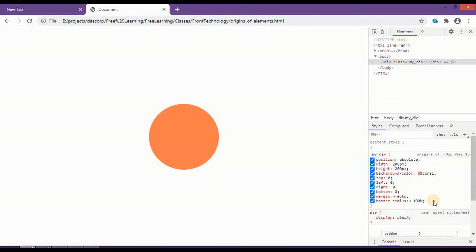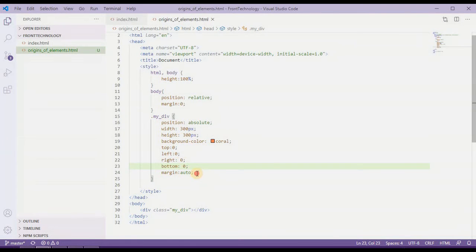Now what I want is to provide another div inside this area, right? And let me copy this stuff over here, and I'll go to my code editor again and paste all the stuffs from my browser.